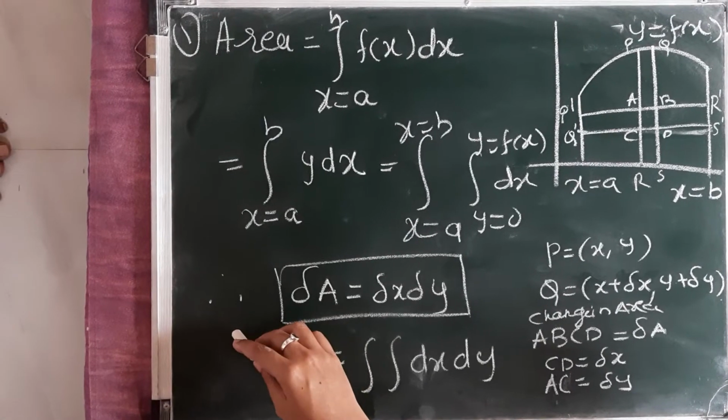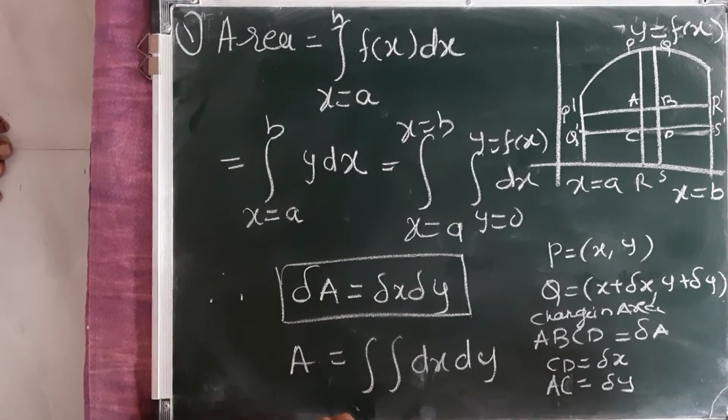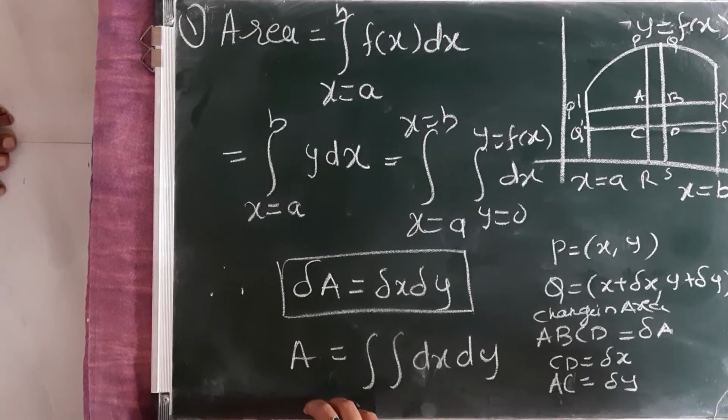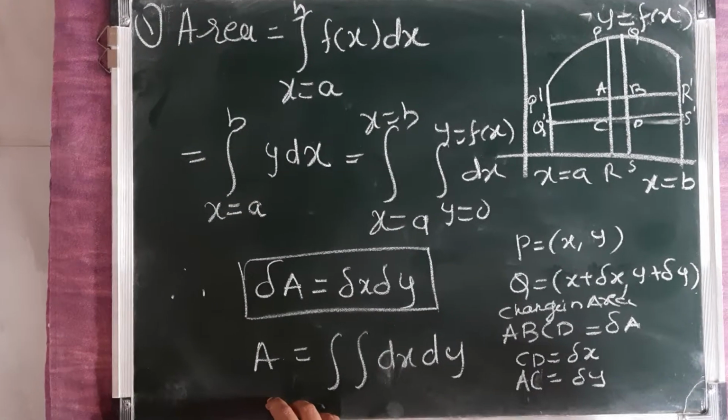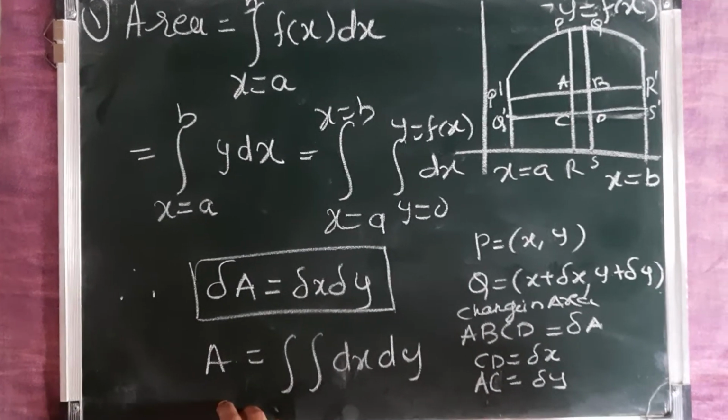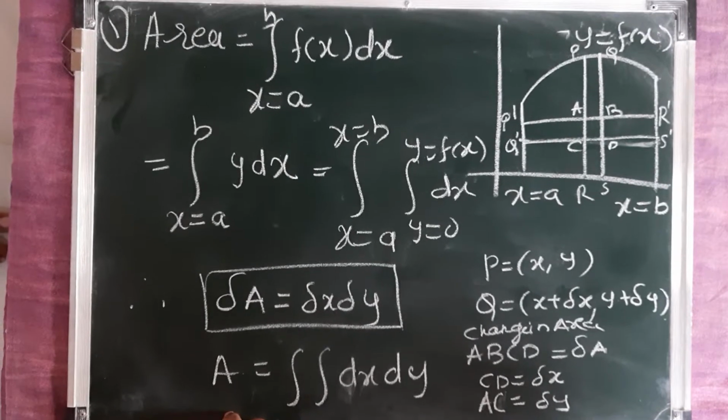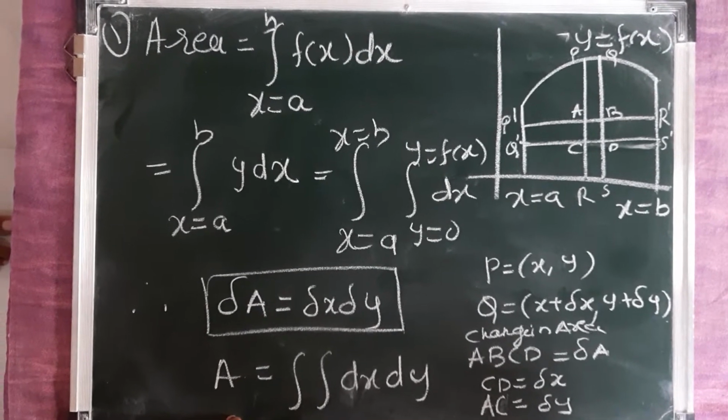So in the last unit we have to see what do you mean by integration. We have to do multiple integration, that is double integration and triple integration. Generally double integration means, or rather integration means, finding area under the curve.